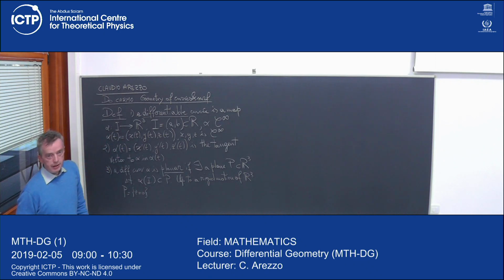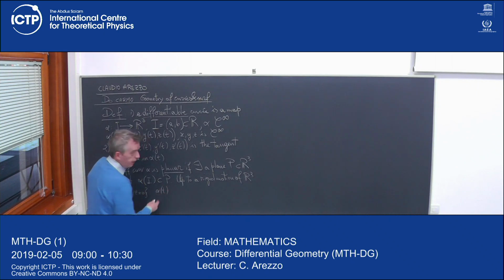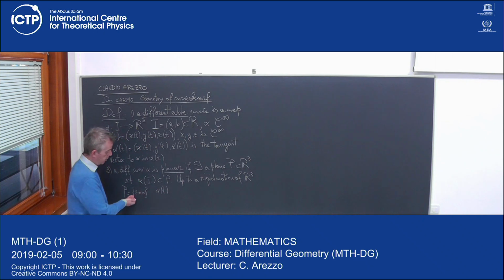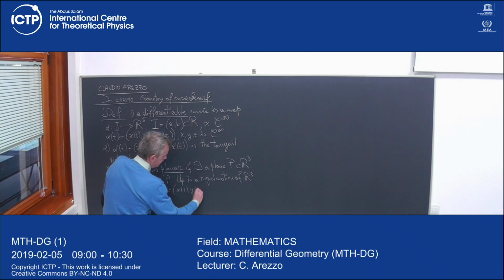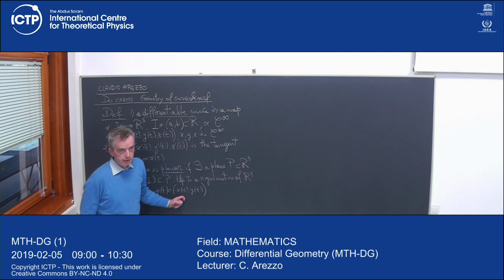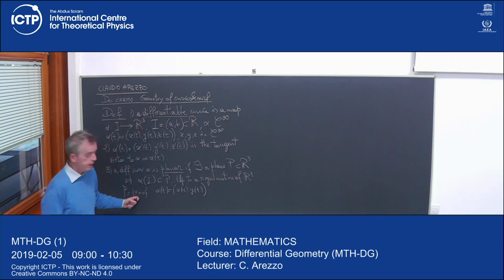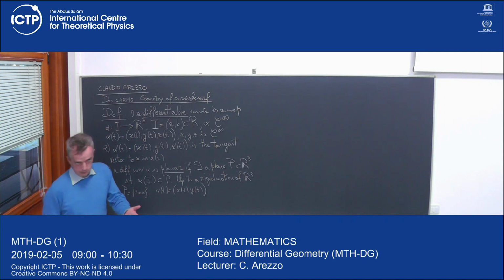So in that case, since the curve will lie here, it means that alpha of t is actually not really a triple. One coordinate is killed. So sometimes I will just write this, so don't object that this is not a point of R3. If I write this, it means I'm thinking of this point of R2 as sitting in R3 in the z equal to 0 plane. Just to be quick.